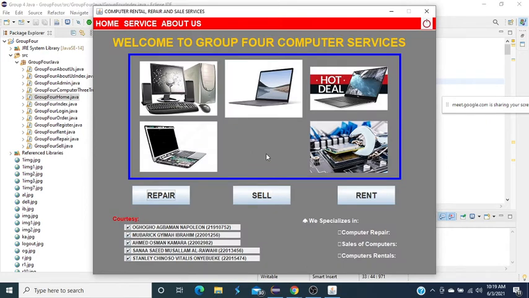Okay. Now the aim of the project is to repair, sell, and rent. You can access that very page using this button, or you can go through the menu here. Click on service. We have rent, repair, we have sell. Now if you click on